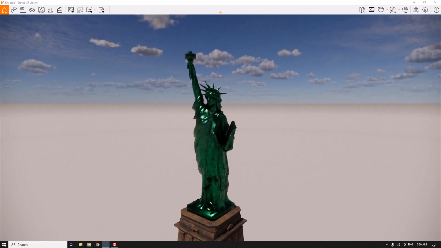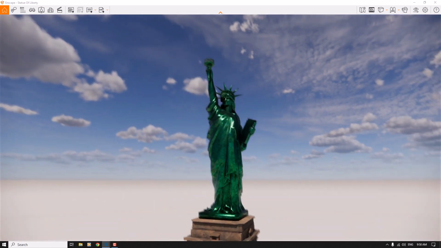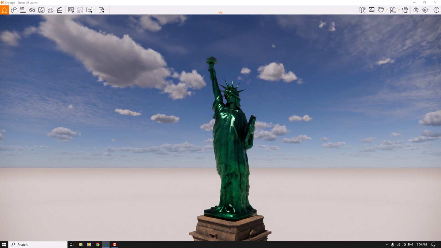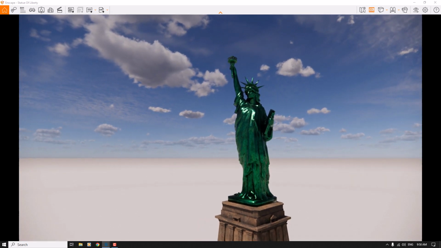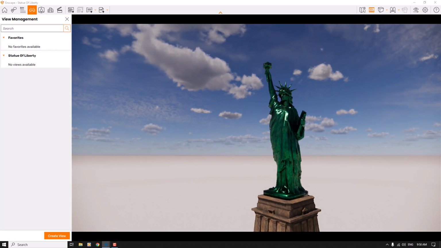As you can see, we have this Liberty statue in here. We don't have any work done with its material. I'm going to start my job with the save frame, and I want to change my camera shot, so I'm going to press F on my keyboard and click on create view in here,